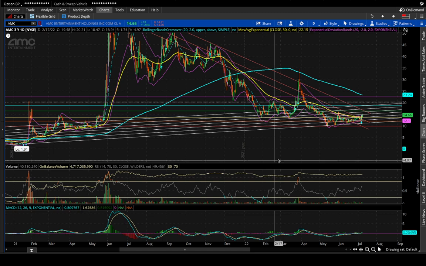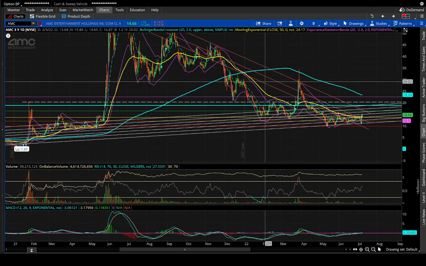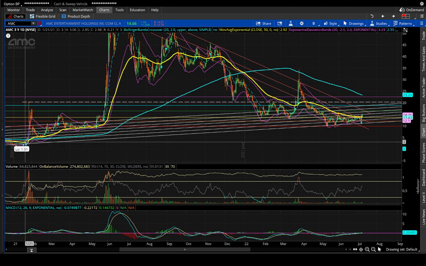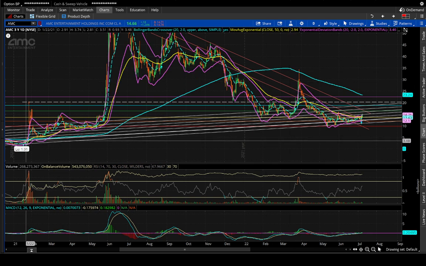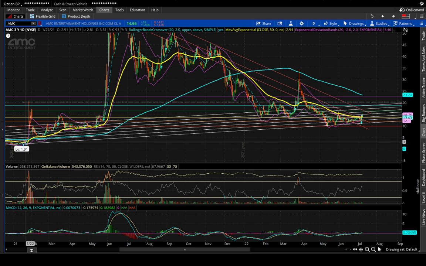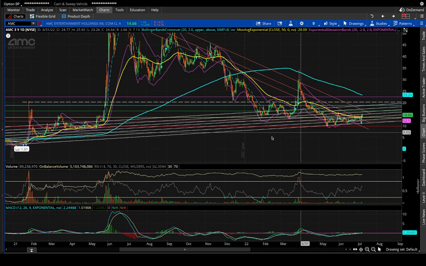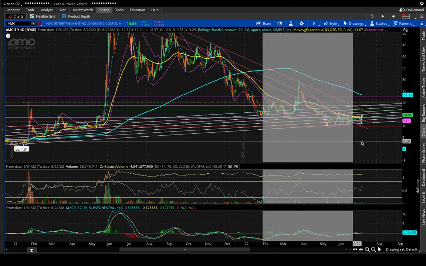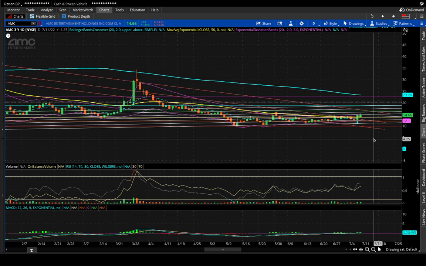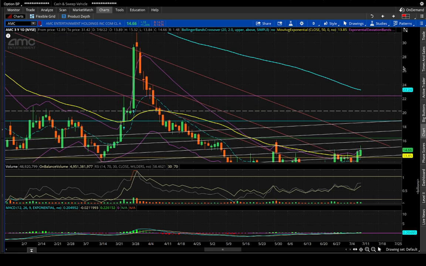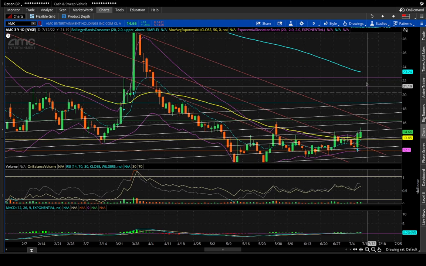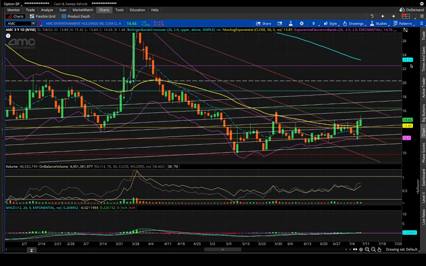So your 50 EMA is right here. This is also your 50 EMA here. It's kind of funny, on the daily, when we got that crossover, the 200 was also lining up with it at the time, but this crossover, the 50 EMA, kind of forecasted or signified the move up that we were getting ready to have. But just for the sake of the video, I'll zoom in here and show you why this intrigues me so much, and what it could potentially lead to as we get into this week.